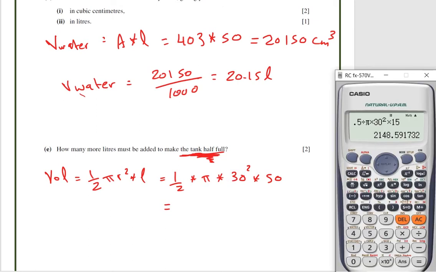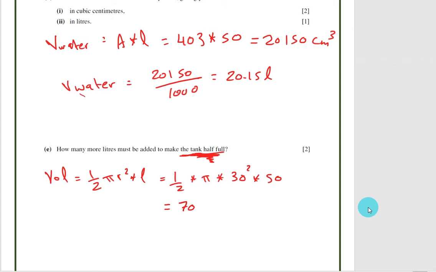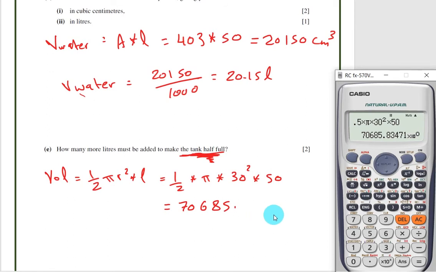So the volume is equal to 0.5 by pi by 30 squared by 50, which equals 70,685.83